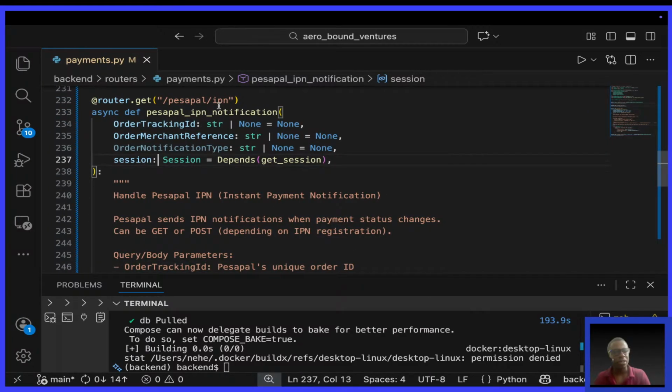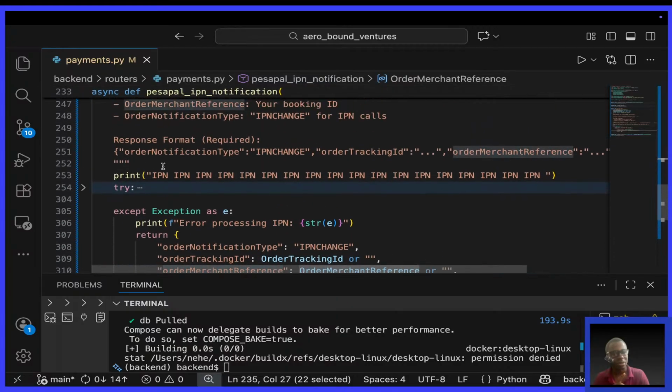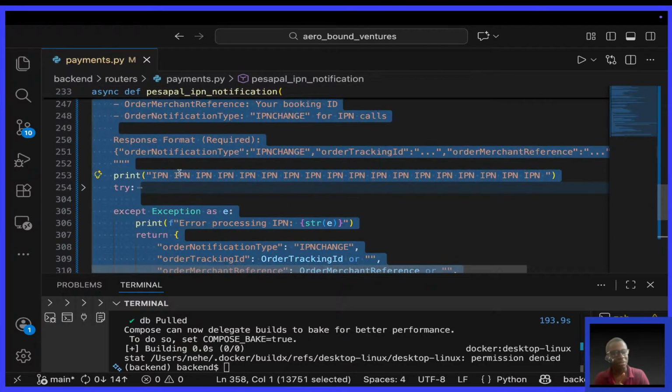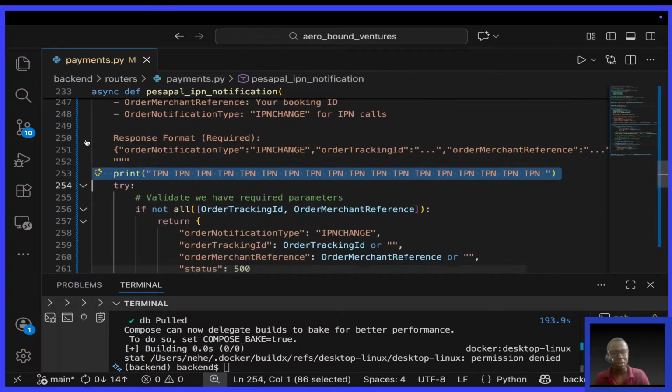Attached to it, query parameters are added to it. Remember query parameters from what we learned in FastAPI, the order tracking ID and the merchant reference. Okay, they are added to it. So you see here I was debugging. So I print IPN, IPN, IPN. I was debugging. Okay. So if I go into my try,